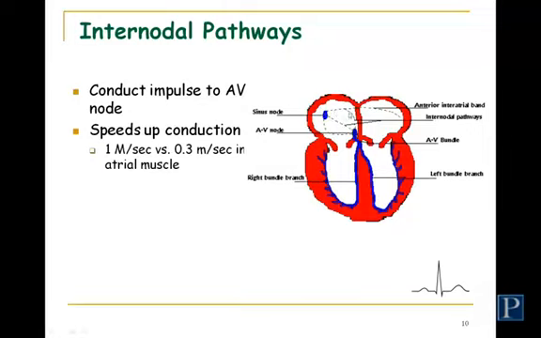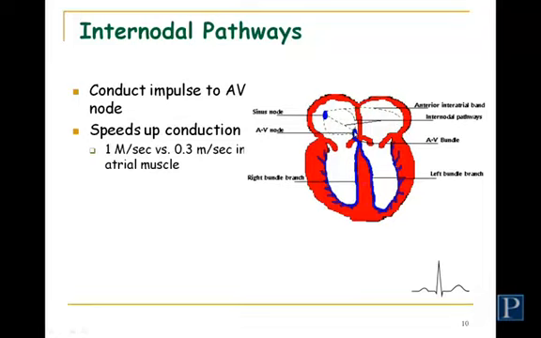So eventually, you've got the electrical impulse generating those action potentials. The atrial muscle will eventually contract, and hopefully contract as a unit together, allowing us to completely fill up the ventricles. The ventricles need to eventually contract so we can get the blood out. But we want the atria to contract and allow the ventricles to fill. I do not want the ventricles to contract at the same time as the atria. That's why we have this in here.